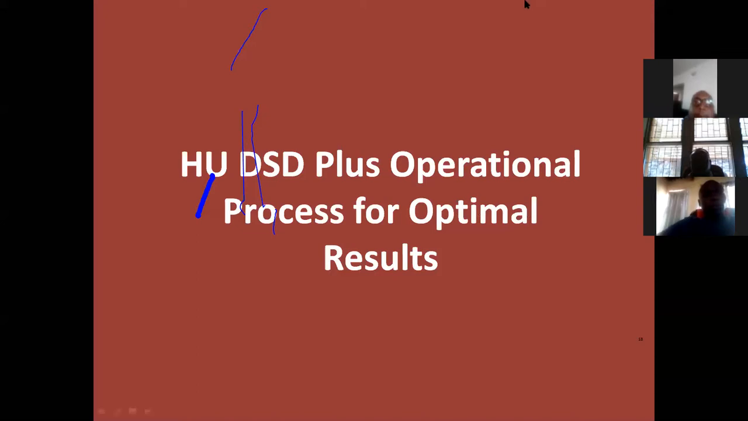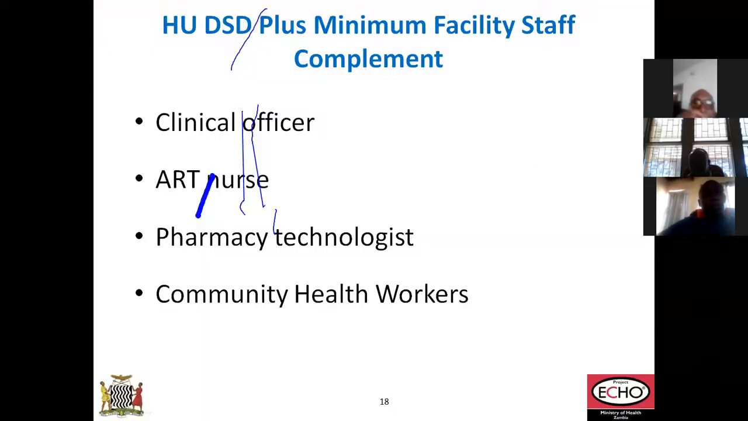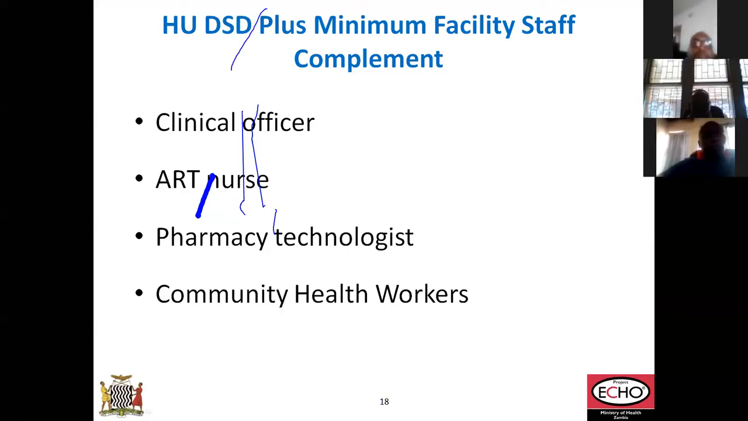Well, so how do we get all of this? That is what this slide is talking about. How do you set up yourself to be able to get all of this going? Next slide. Of course, the human capacity